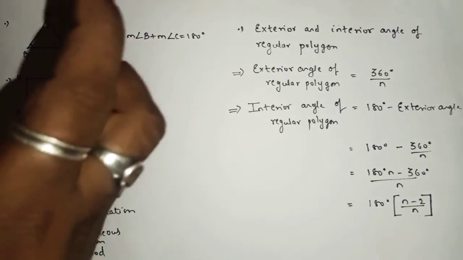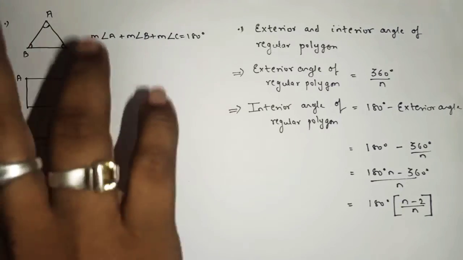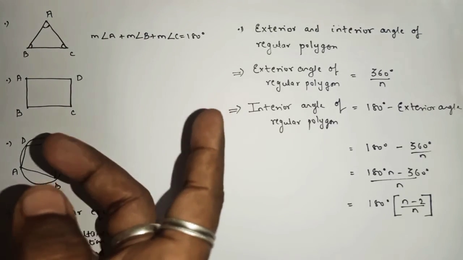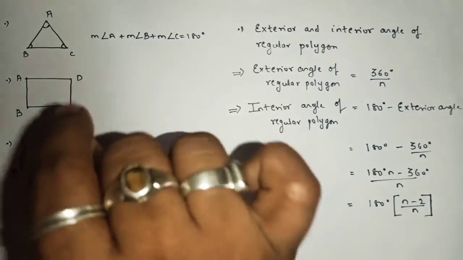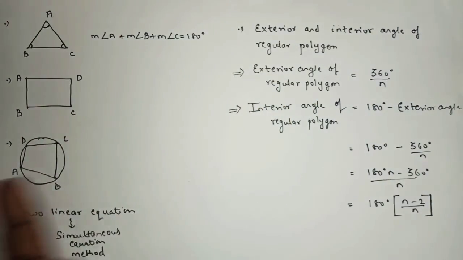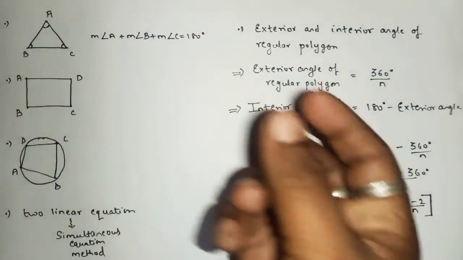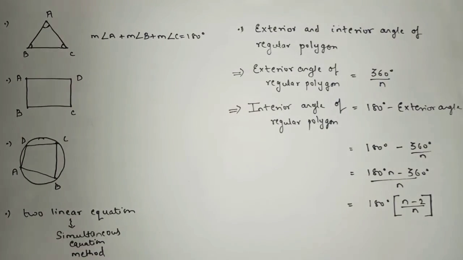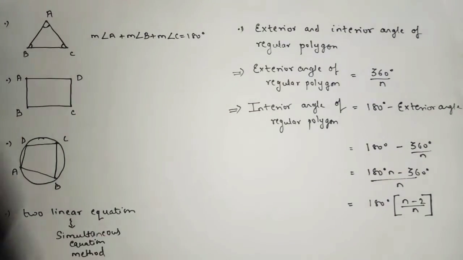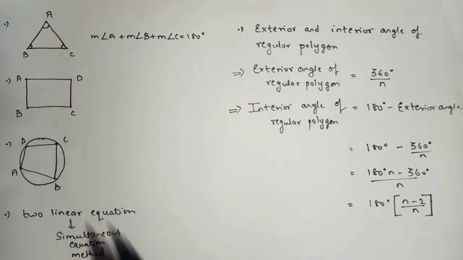And if the question says that you have to find the angles in both the systems, what do you mean by both the systems? In degree as well as in radian. And we know how to convert a degree into radian and radian into degree. So that was the first basic concept.